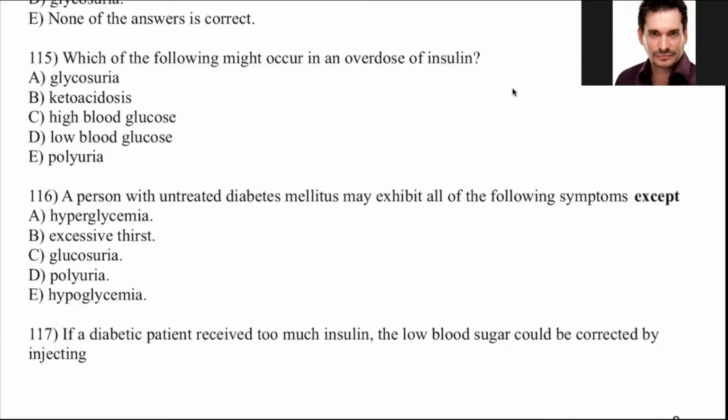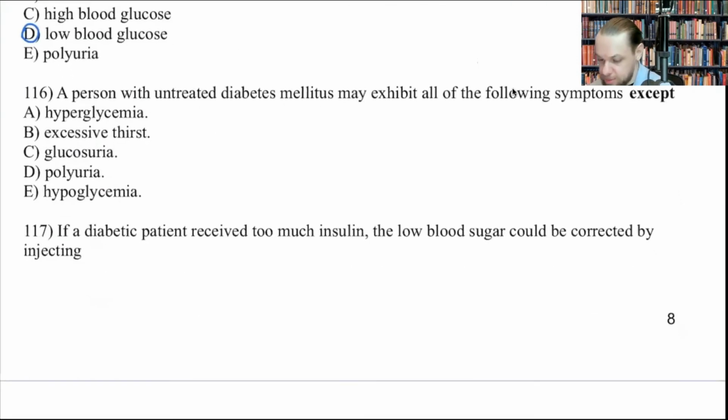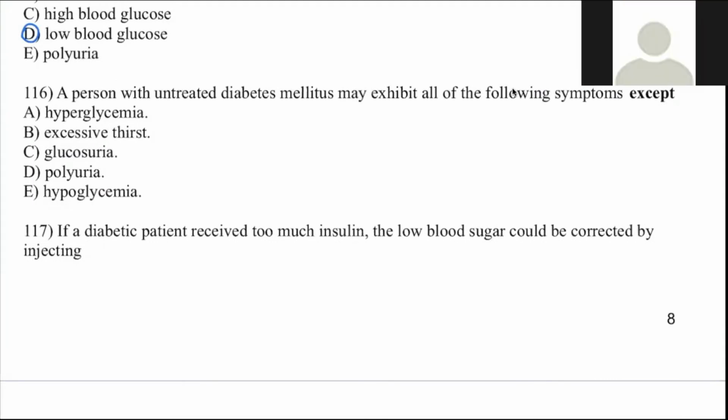Okay, which of the following might occur in an overdose of insulin? D, low blood glucose is correct, right? So yes. 116, we're going to go with Milan. A person with untreated diabetes mellitus may exhibit all of the following symptoms except